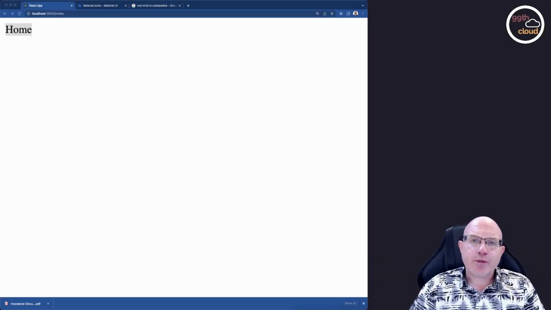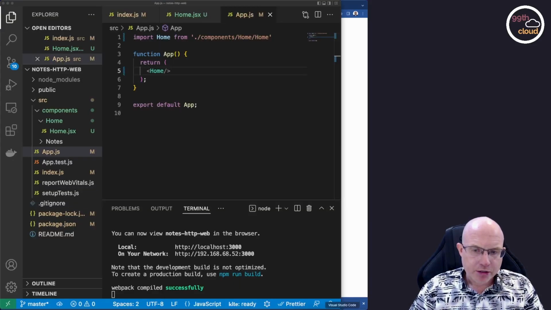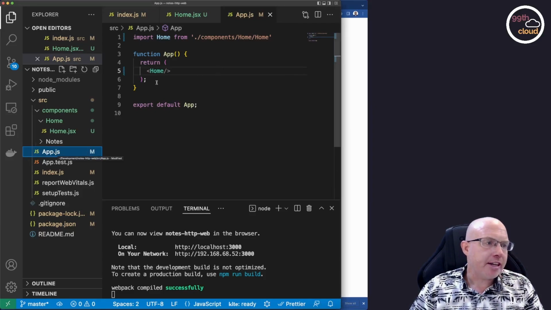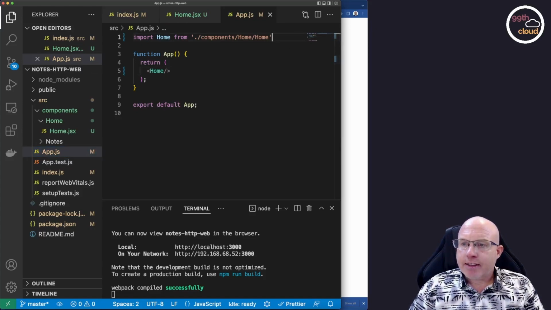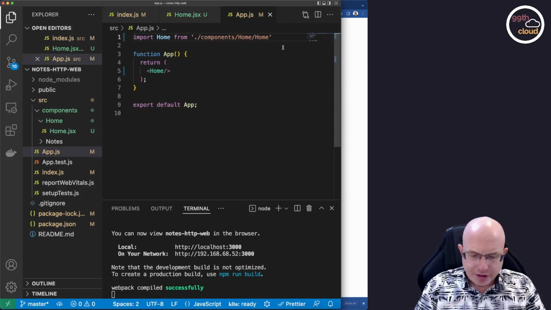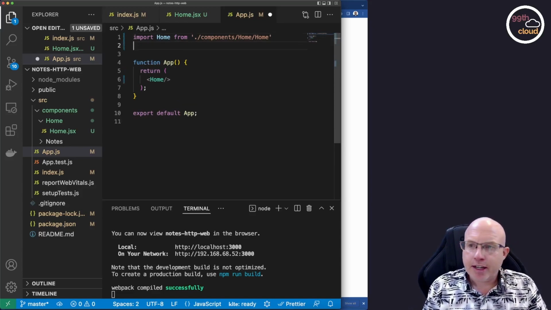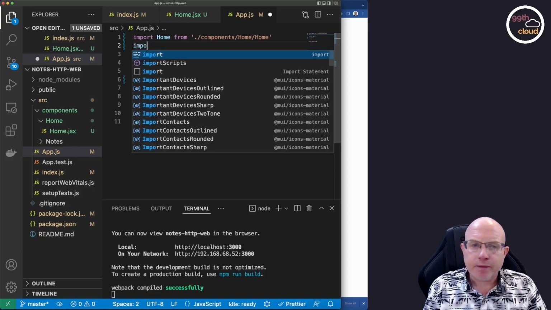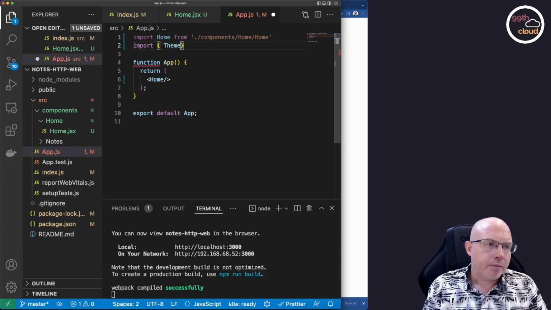Now that we have created our first easy component, we will set up the theme through Material UI. So in order to do that, we will go back into Visual Studio Code, and we will go into the app.js file as we want to set up the theme globally. And then we can add a few imports, and the imports that we will add are the following: import theme provider, create theme from